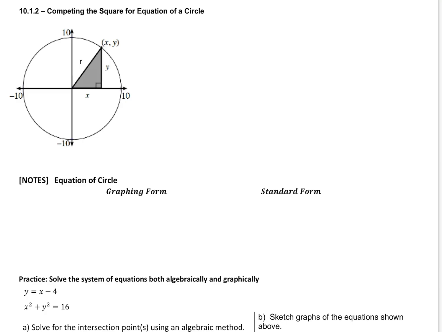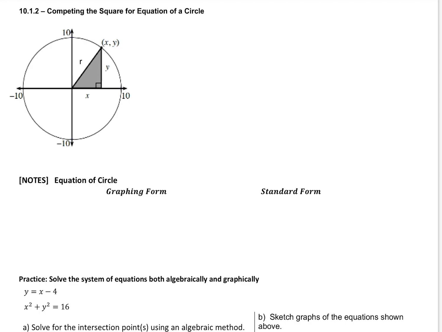So for today, I hope you have your handout in front of you. We're going to continue talking about the equation of a circle. So just a quick recap of what you did last Thursday when you learned the equation of a circle in Mr. Nguyen's video. Basically, in a circle, when you're trying to come up with an equation,